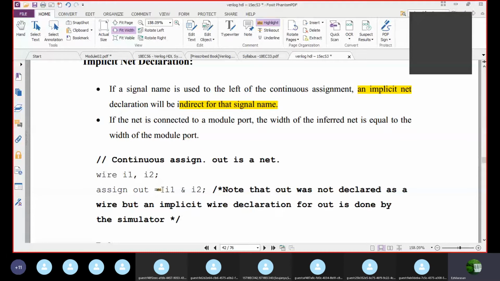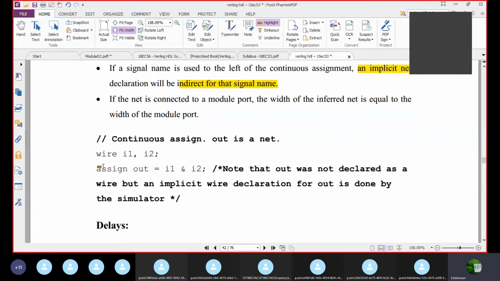See the example here: wire I1, I2 is there. Assign out is equal to I1 and I2. Here you can see, where is this out? The out is something we might have already declared as an output. We have not declared it as a wire. So out is equal to I1 and I2.